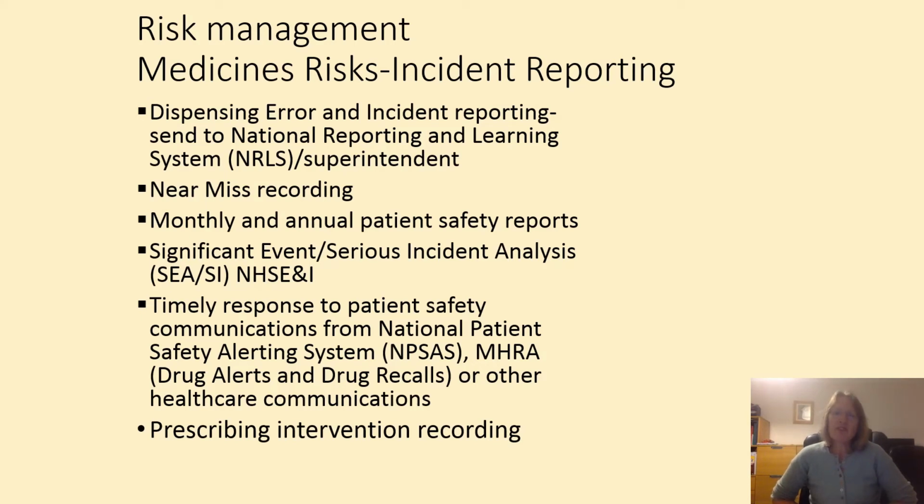Significant events and serious incident analysis. So this is an NHS England and Improvement system where anything that's reported to NHS England and Improvement then has to be dealt with in a particular way, and we have to cooperate with this. So significant events are when there's been something happen, usually a dispensing error, where there may or may not have been harm to the patient, but a serious incident is when there has been moderate or serious harm to the patient or a death,